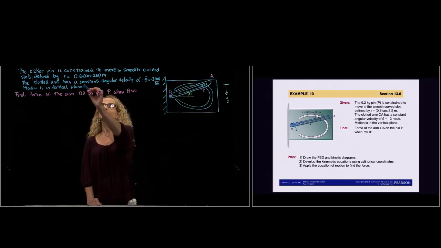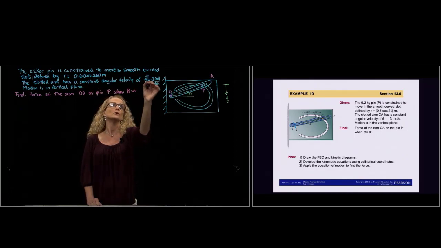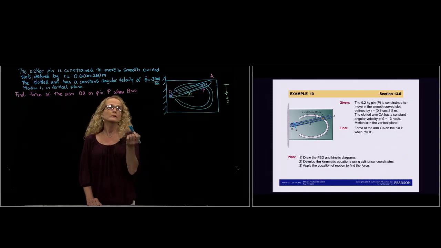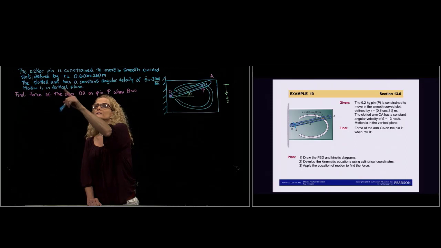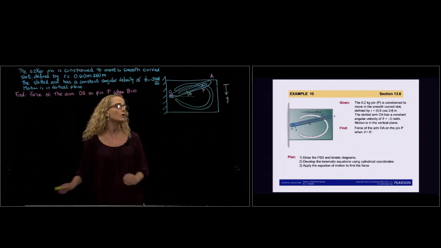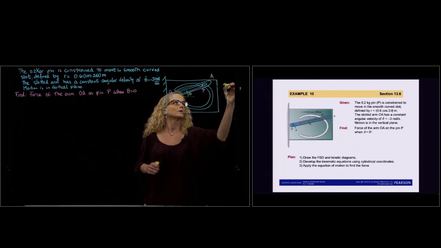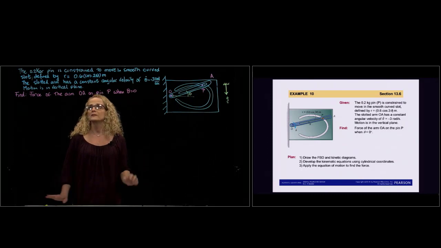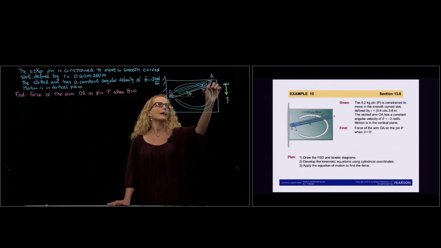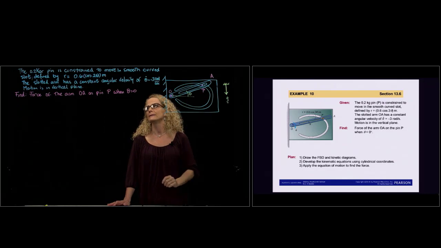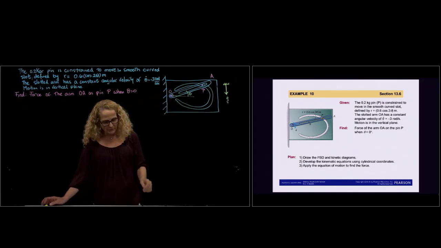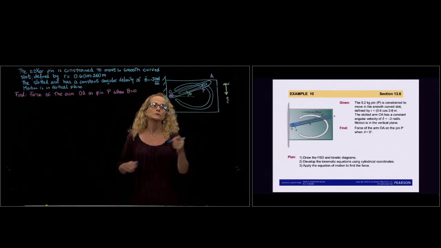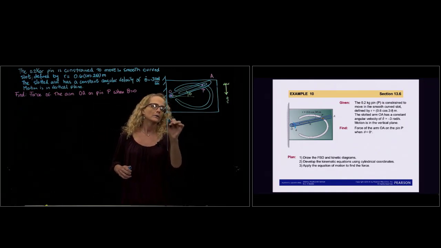So they say that it's a constant angular velocity, so we know that the angular acceleration will be 0. They are also telling us that the motion is in a vertical plane, so we know that gravity goes vertical, and that is acting upon the pin. They ask us to find the force that this arm OA does upon the pin when θ is equal to 0. So if we want to find it when θ is equal to 0, we should draw another drawing,